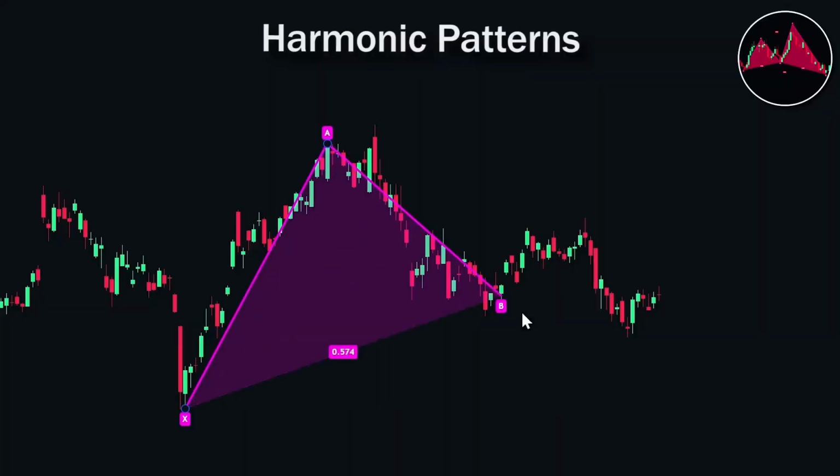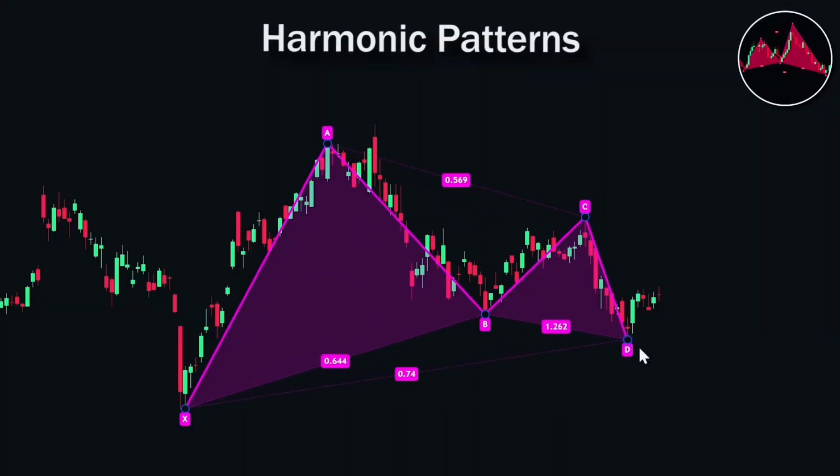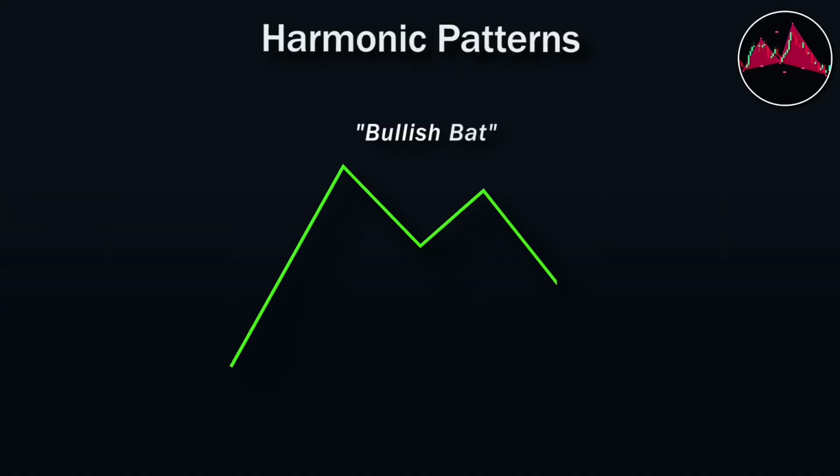These are advanced price patterns that follow a specific shape based on Fibonacci numbers. Traders can then use these specific shapes to predict future price movements. For example, a bullish bat pattern is formed when price makes a series of 4 movements that is shaped like